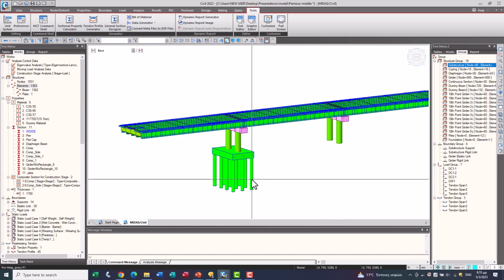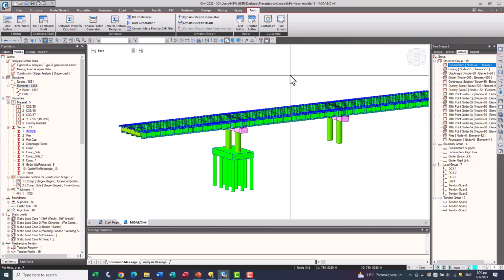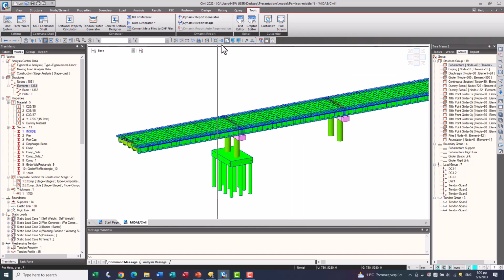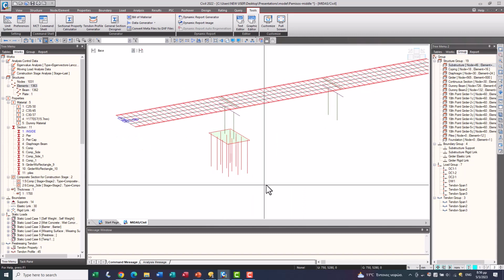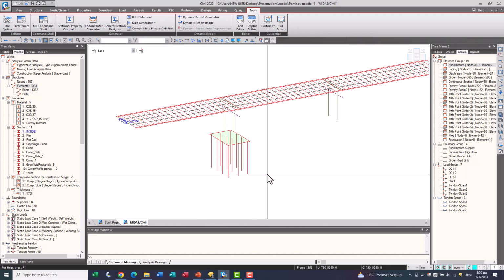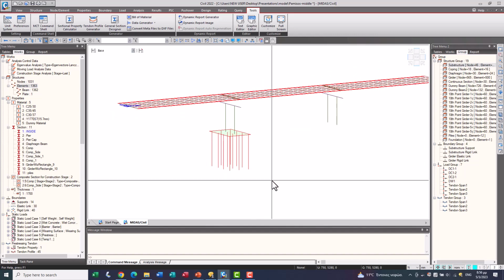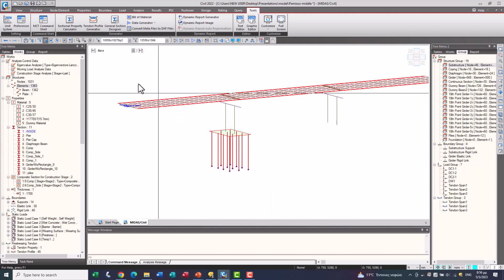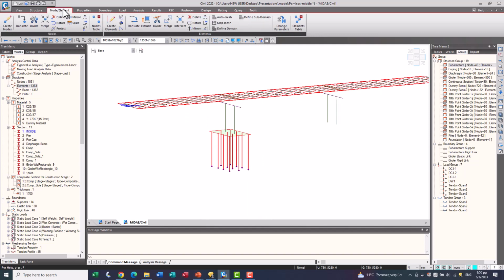So every beam element and every node has been assigned to this group. We'll divide this element in order to provide the supports now.